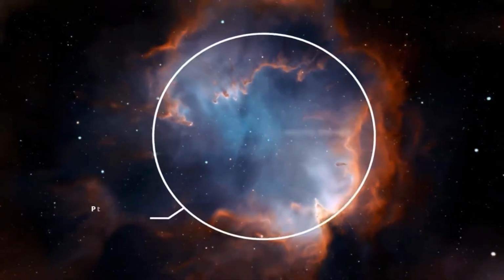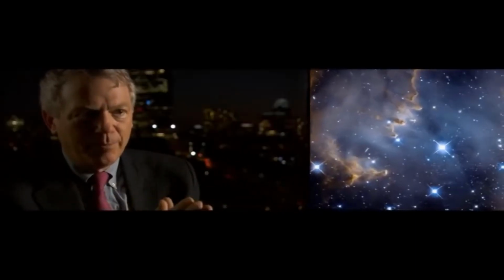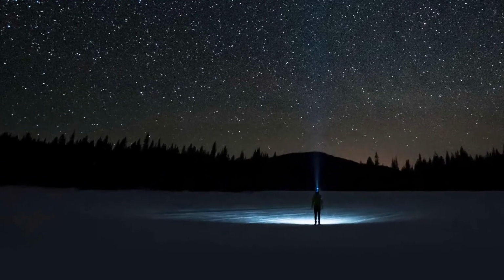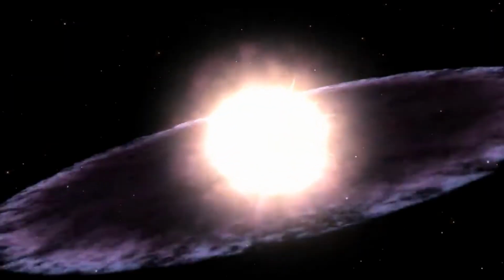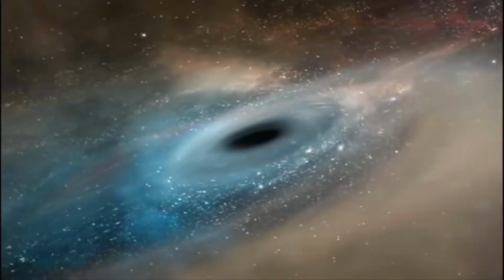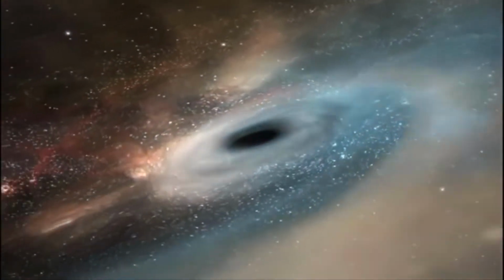Each of these gas clouds can contain enough matter to form anywhere from a few dozen to many thousands of stars. To put things into perspective, our Sun is 864,400 miles across. This means that it would require a collection of dust and gas which is about 100 times the size of our solar system to form. The Orion Cloud Complex, located in the Orion system, is one example of a star that is in this stage of its life cycle.